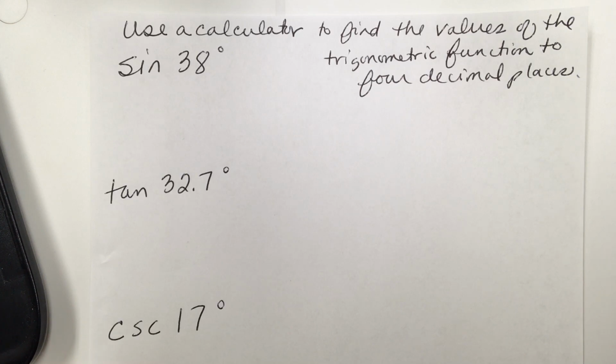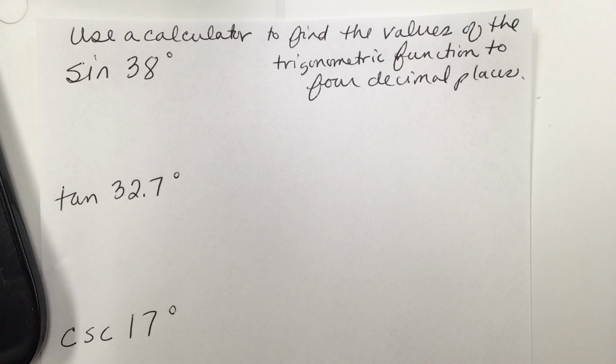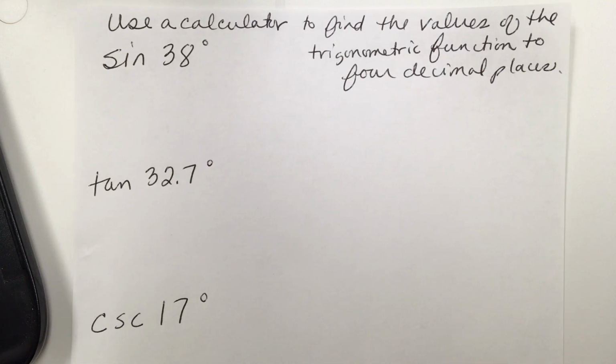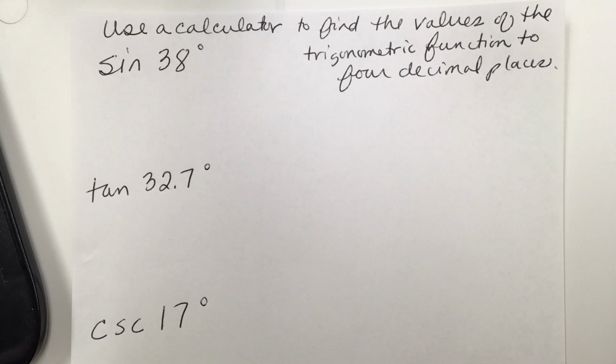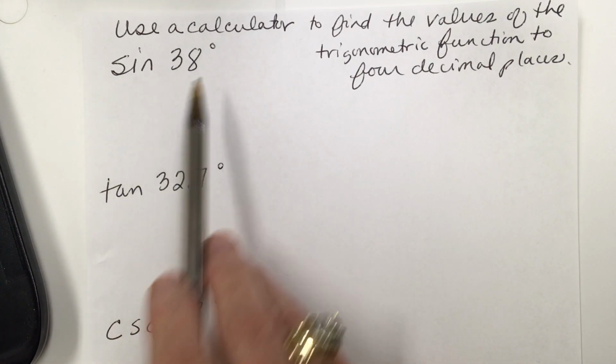Use a calculator to find the values of the trigonometric functions to 4 decimal places. So this time we're going to use a calculator and we're going to round our answer to 4 decimal places. So the first thing you'll want to do is, when I look at this problem, I'm finding sine of 38